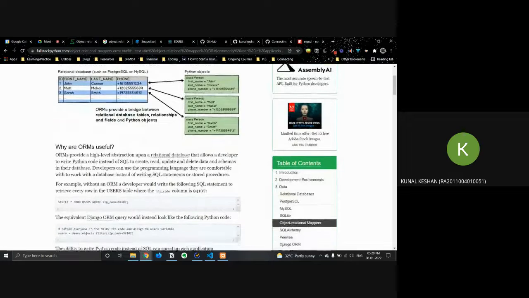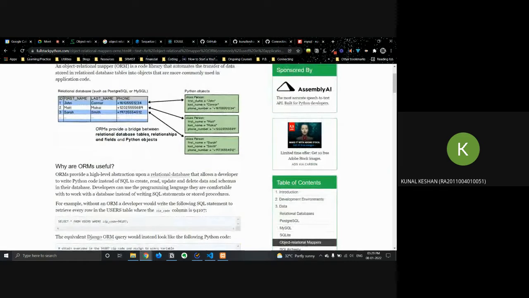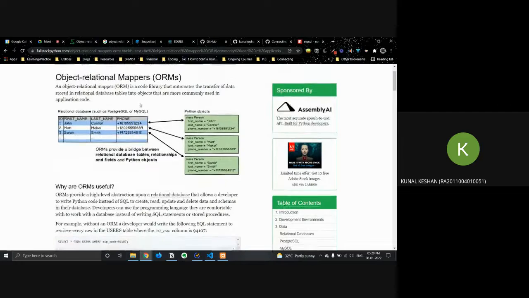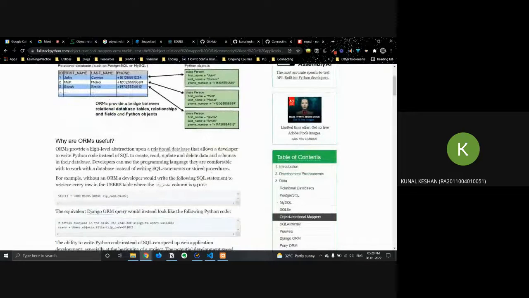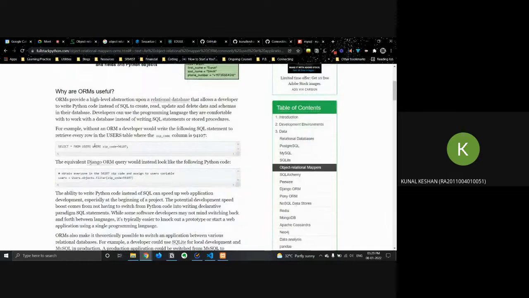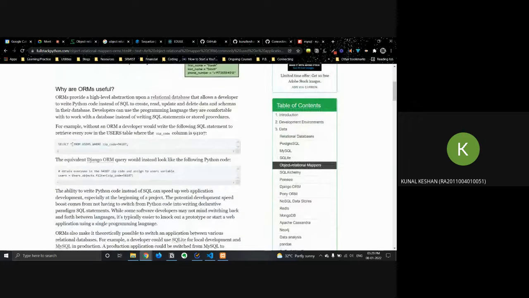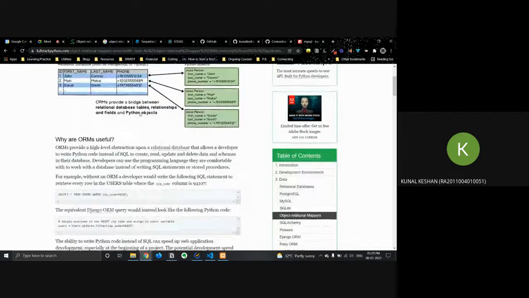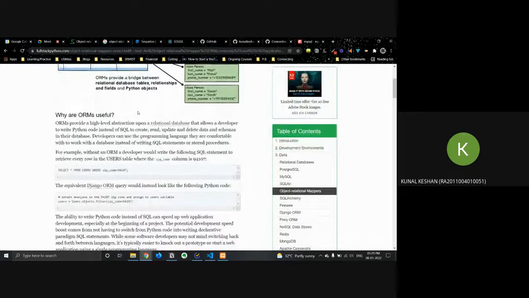So the main thing, you don't need to write SQL queries. You just need to use certain methods offered by these ORMs. Here itself, if you want to find, say, users where zip code is equal to this, you would have to write this SQL query. But instead of you doing this, you will have a particular library that has a method where you just specify what you want to get, and it will automatically write this query and get it for you.